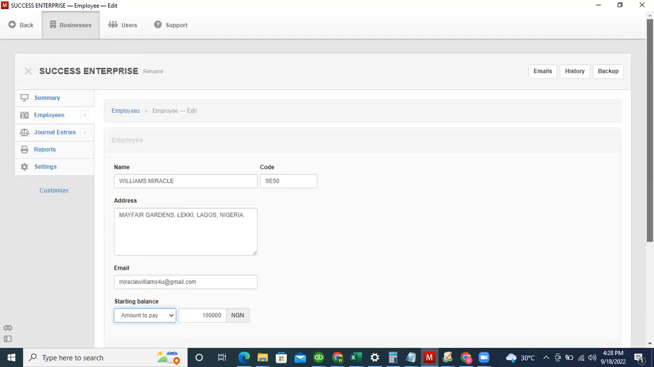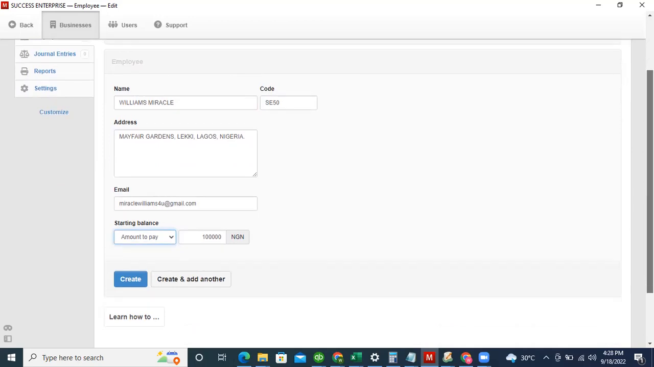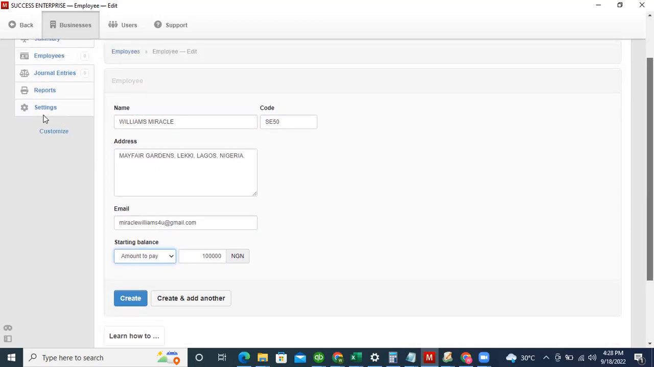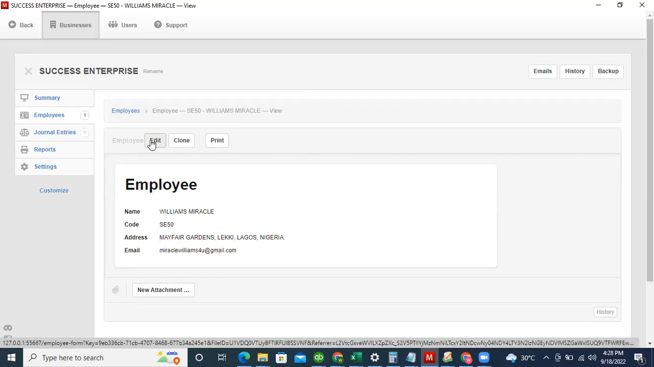Now, another important aspect is what we call classes or department. It's in some applications like QuickBooks and others. It's a feature that is important because you need to specify which department this staff is working within the organization. So you can set that up by going to the settings tab. So we have just set up this employee, and we can always come back to edit and set up the particular department in which he works. So let's look at the